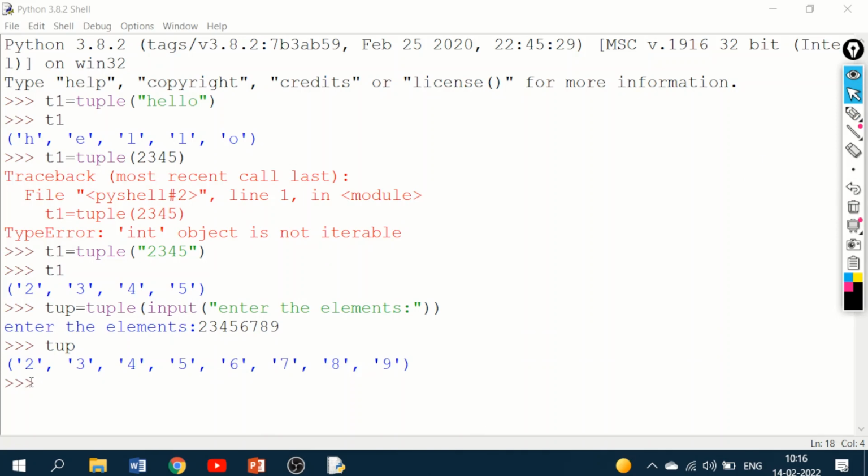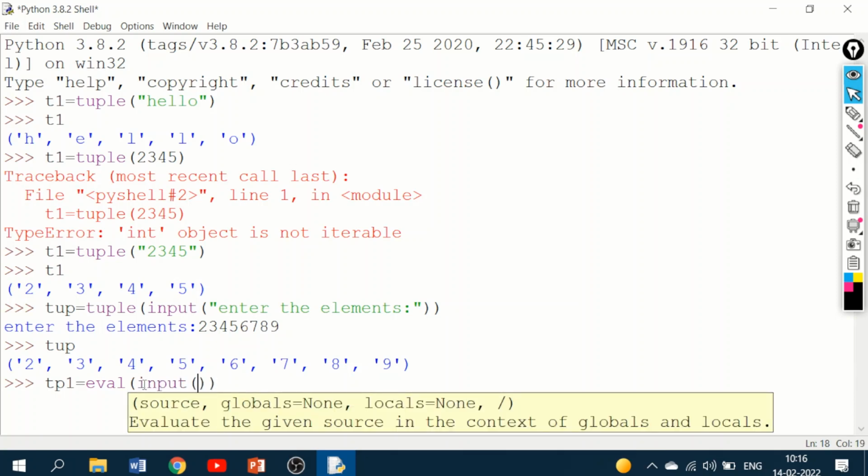Now let us move to the next function, that is the evaluation, or eval function. We should call it the eval function. Same thing that I am going to show you, that is tuple. I am writing tp1, so that it will be a little bit differentiated from the above tuples. tp1, then I am writing eval, and then I am going to write the input function,